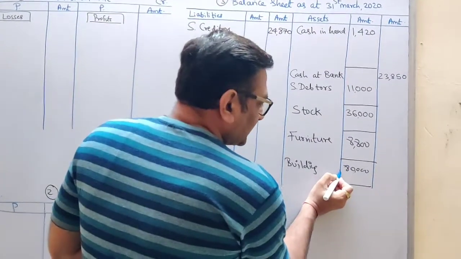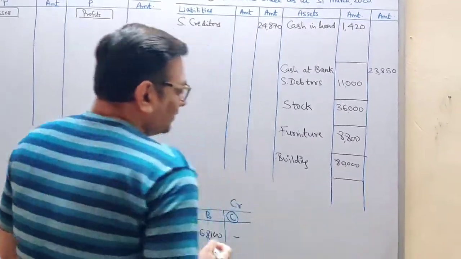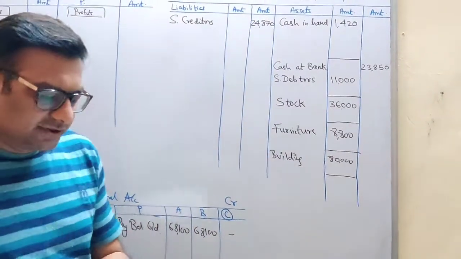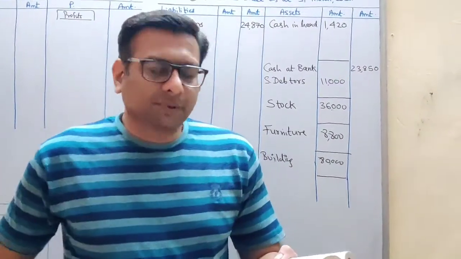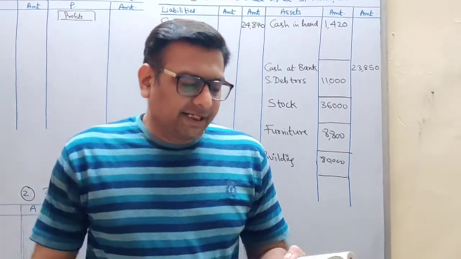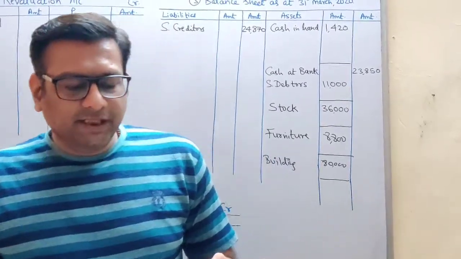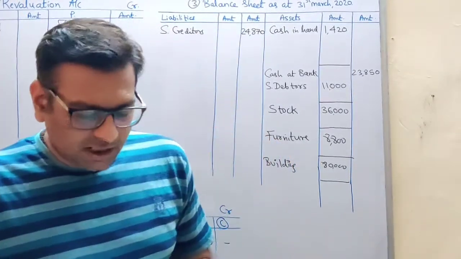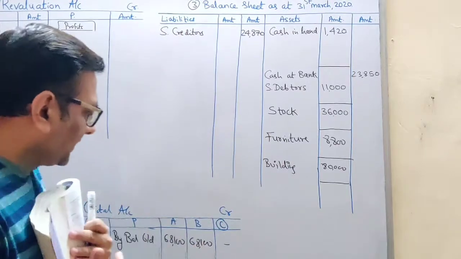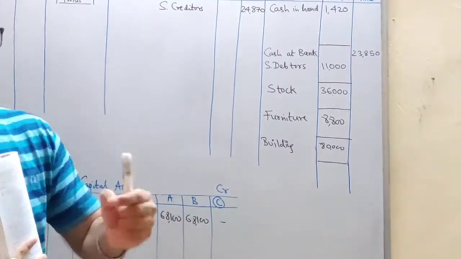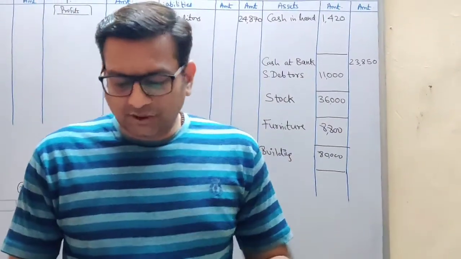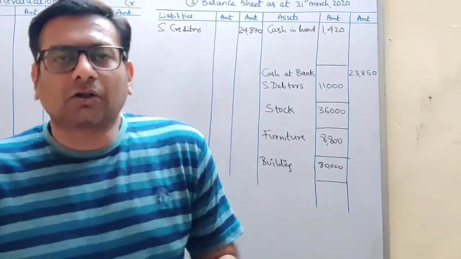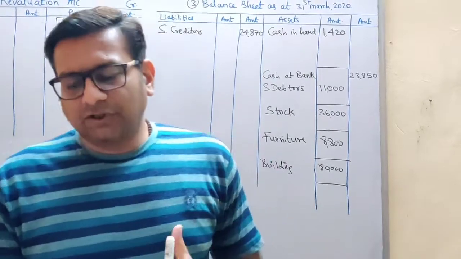And students, how many times are you going to write the adjustments? You will write adjustments 2 times. So let's start with the adjustment, students. The first adjustment says, on that date, they admitted C into the partnership and gave them a 1/3 share in the future profit on the following terms. So how much share are we offering to the new partner, Mr. C? 1/3. This is a future profit share, so as of now, in this sum, it's not of use.